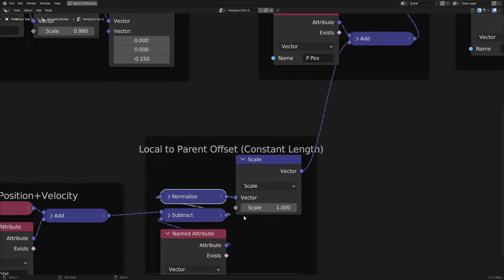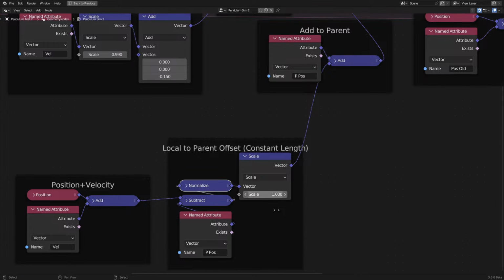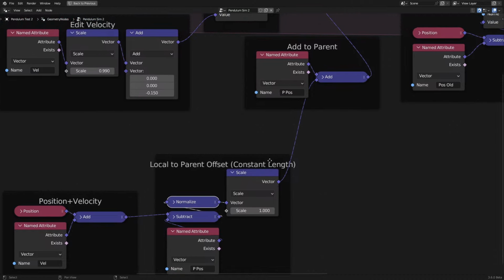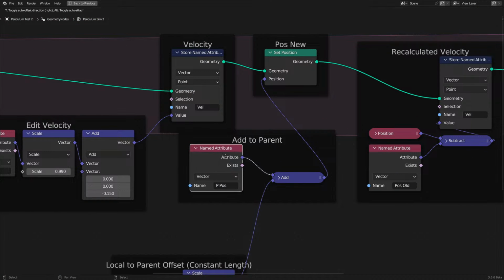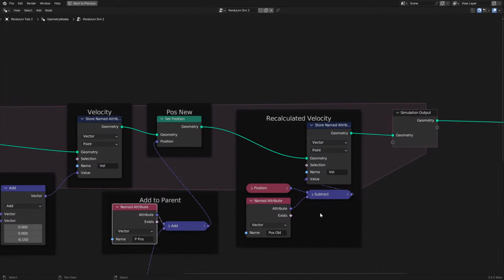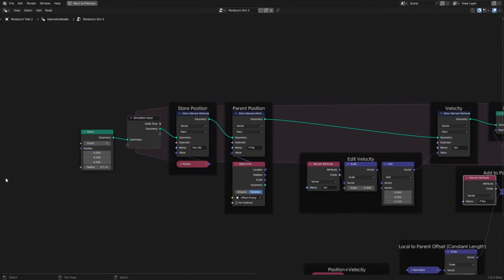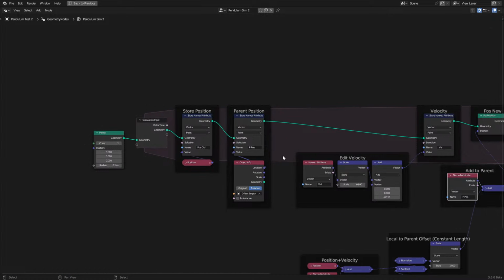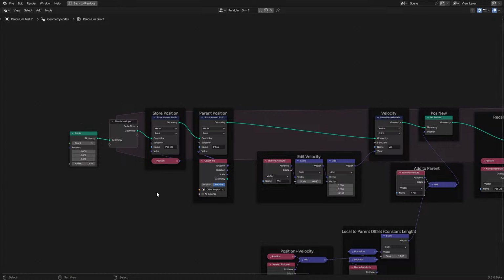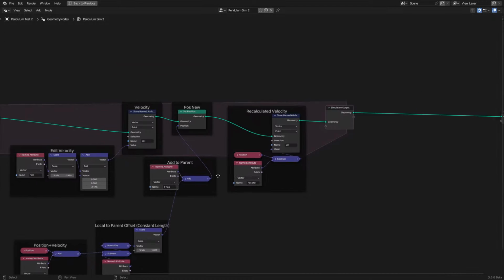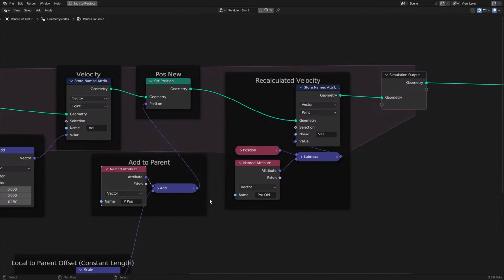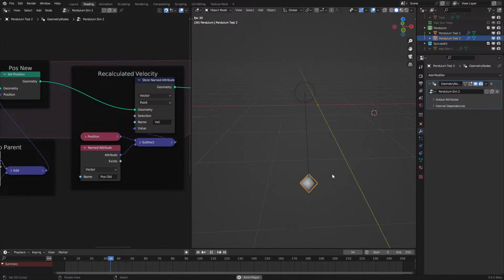Then we normalize that, then we set the length. In my case, I would take the length of the vectors of the hair and then plug them in right here. Then we add that back local to the parents, and then we calculate the new velocity. This is the crux of it. We calculate the new velocity compared to the old position, which is stored over here per frame. So it stores the position first, does everything, compares that to the new position to get accurate velocity,